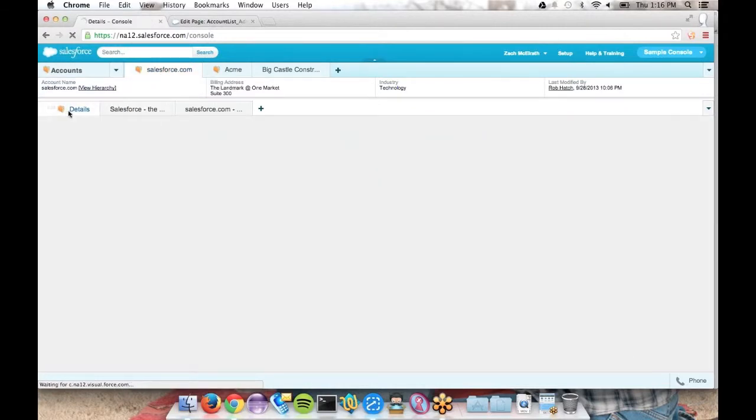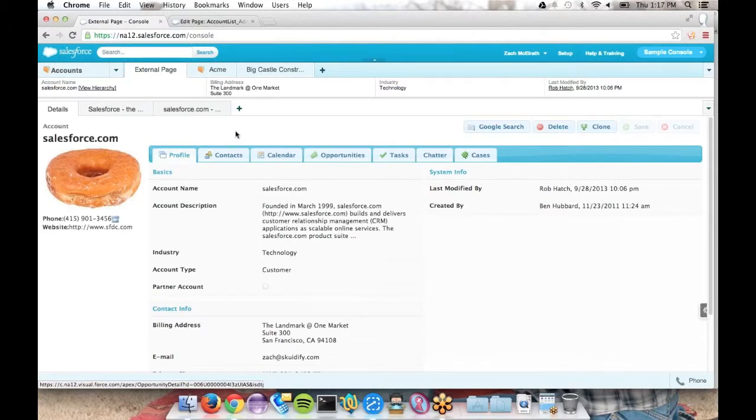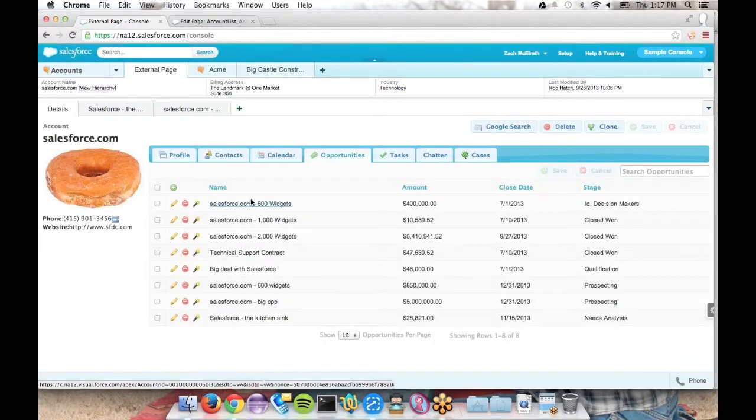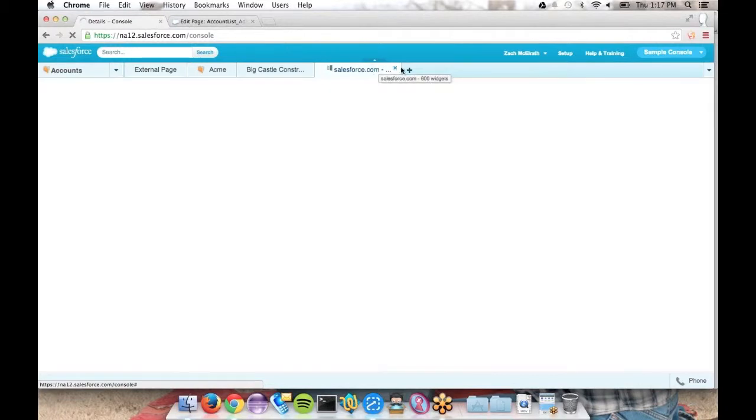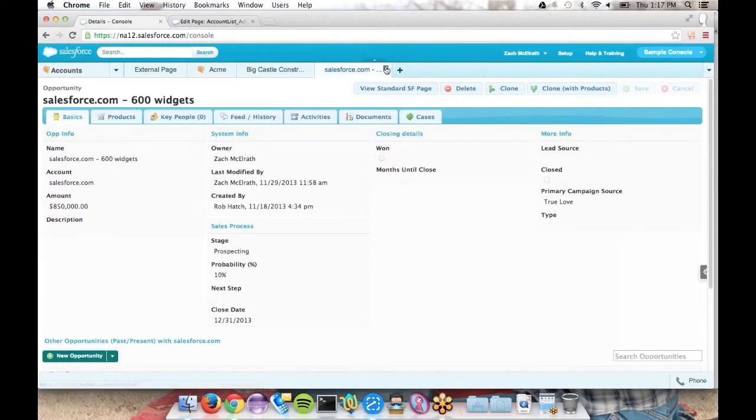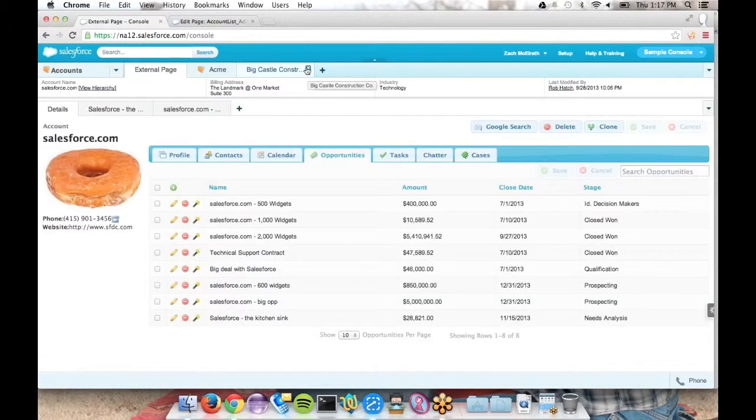And then if I go to my details area here, this is just going to show me the account detail view, which I also have overridden with Squid. We could go through and see all these particular opportunities here. We could go get another one. This is just going to open up an opportunity over here. So it's a different experience.